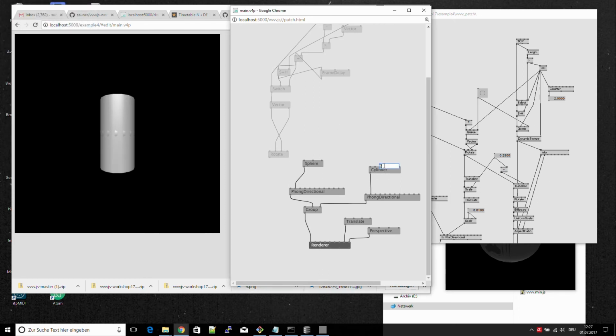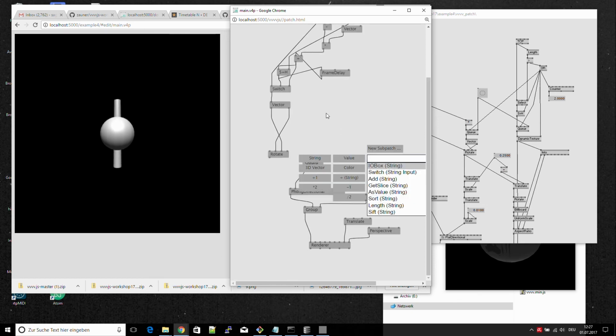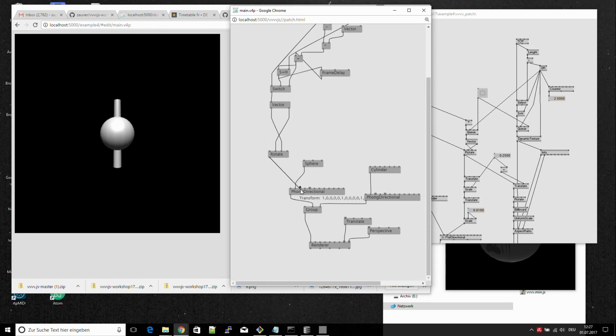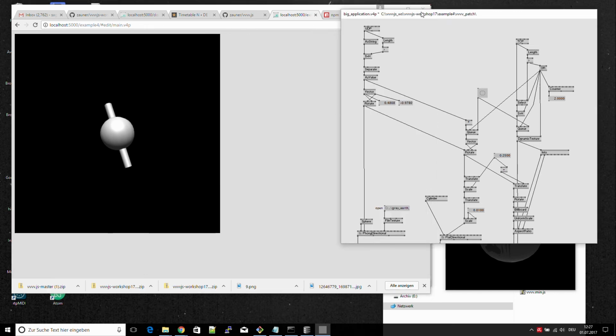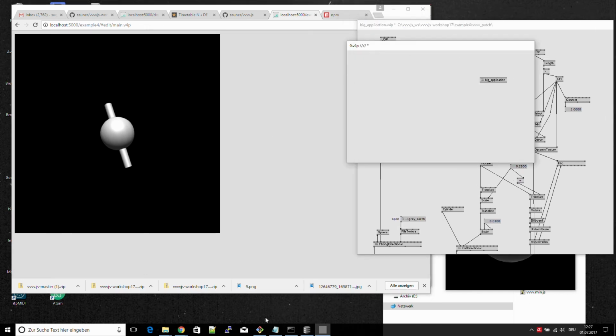So I'm making the cylinder much smaller here, just to have an indication of the rotation, of course. So I can now drag it around here, and